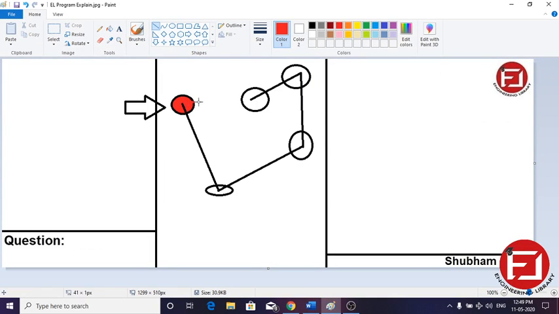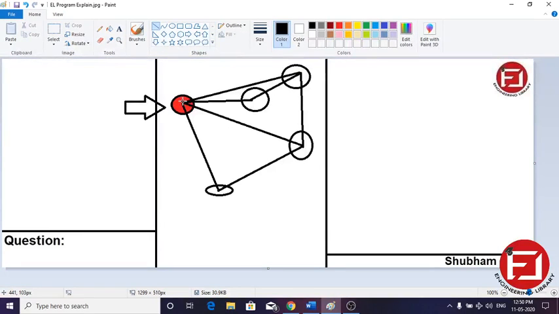Okay, so what are the 4 adjacent sides? Suppose for now we have to set these 4 adjacent sides.